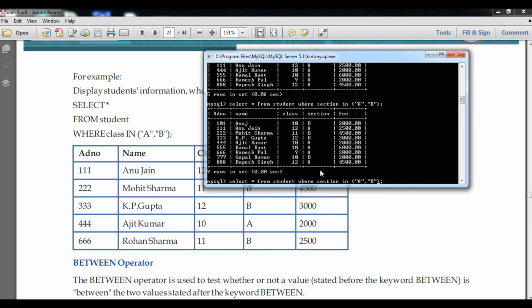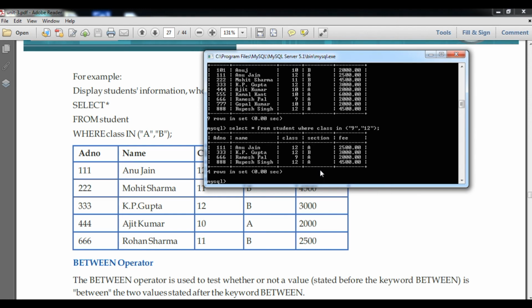If I say select star from student where, in the place of section, I will say class in 9th and then 12th. Now you can see only 9th and 12th class students have come.